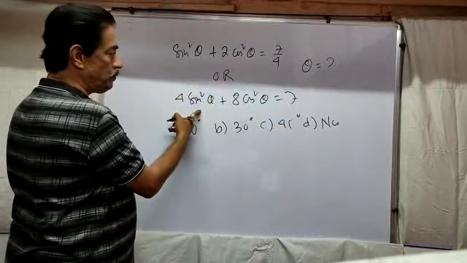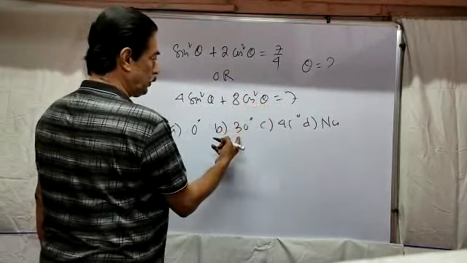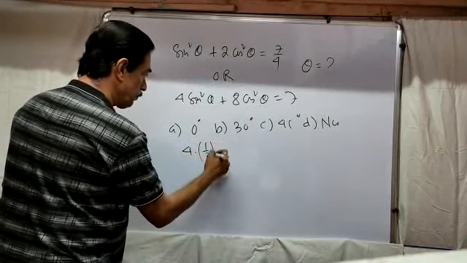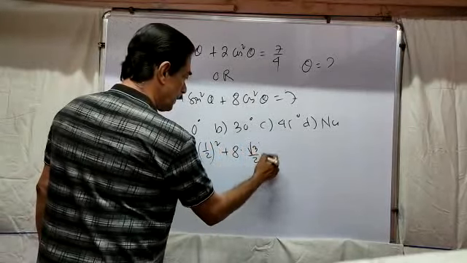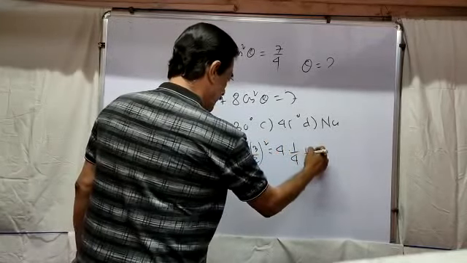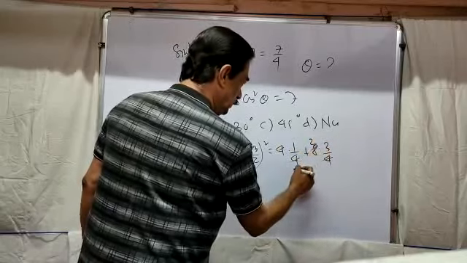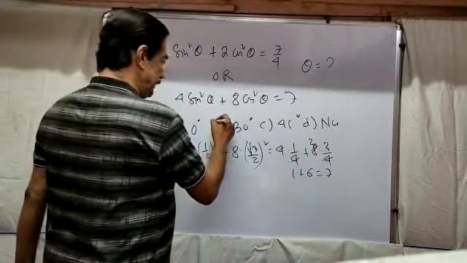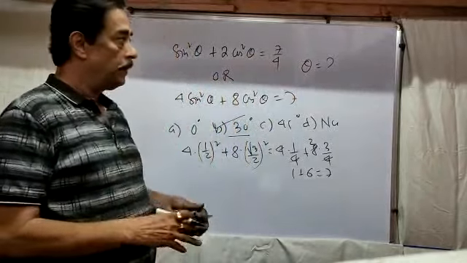So if I put 0, sin 0 equal to 0 and cos 0 equal to 1, your result will be 8. It is 7. So put 30 degree. 4 into sin square 30, sin 30 is half, squared, plus 8 into cos 30, root 3 by 2, the root 3 by 2 whole square. Your result, 4 into 1 by 4 plus 8 into 3 by 4, these 4 cancel, these 2 cancel, so this 1 plus 6 equal to 7. Now by putting theta equal 30 degree, this equation is satisfied, so the correct answer is theta equal 30 degree. Don't go for solving.